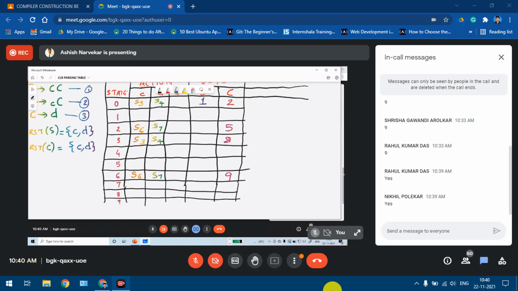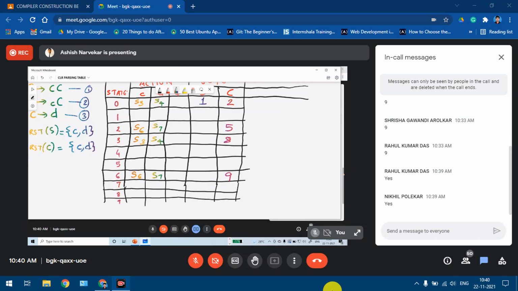So till now we have seen that whether it was LR0 or SLR1, the reduce entries, the R entries, are made such that we write R and some particular number along with R. That number is nothing but the production number which is appearing in that particular state.